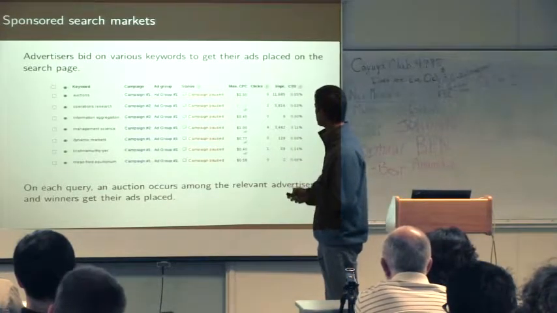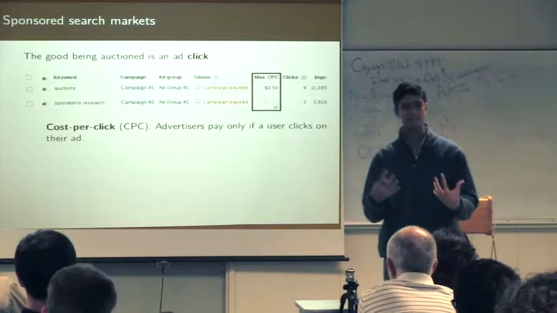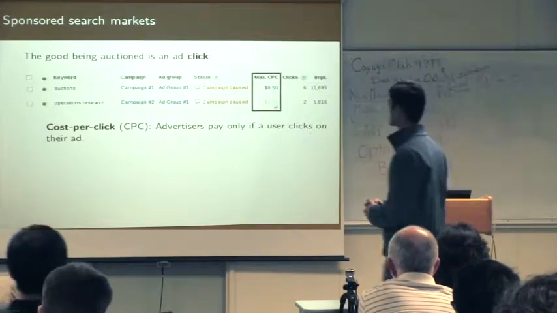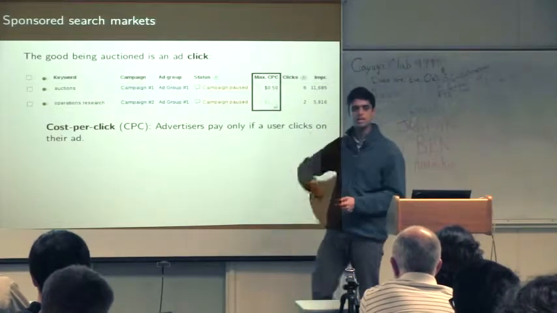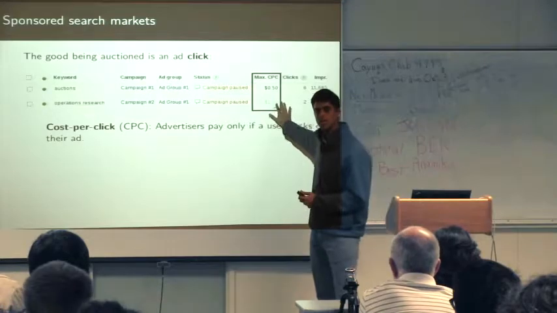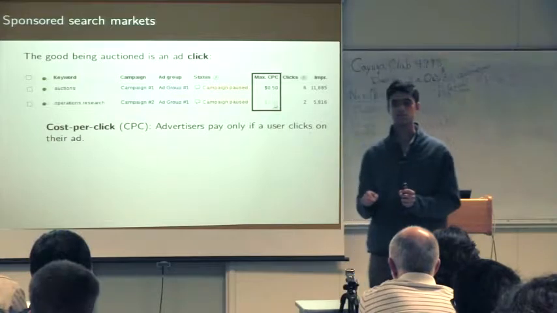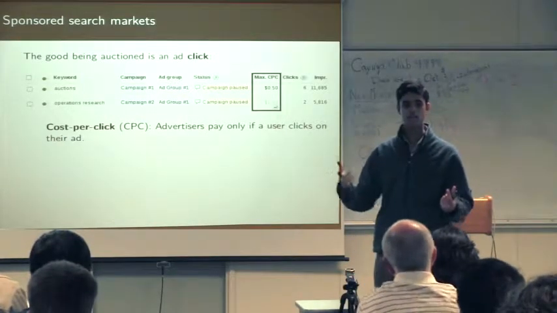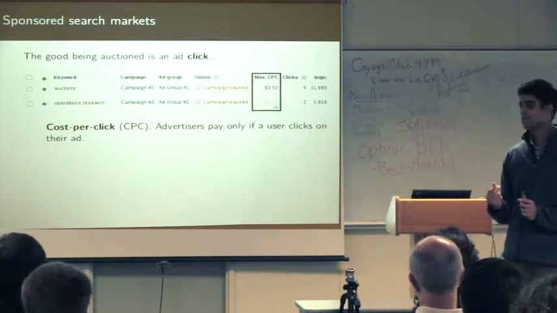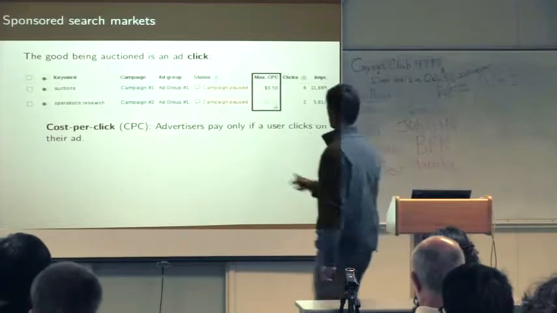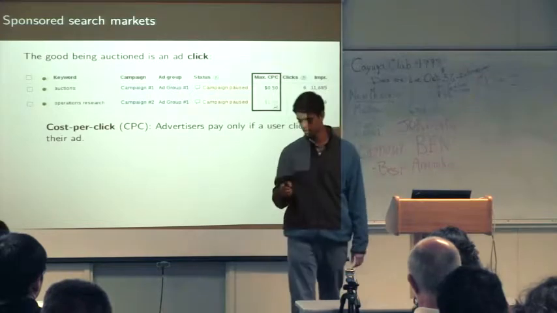To go into a bit more detail, the good that is being auctioned off is not an impression but an ad click. So in these markets, what you bid is known as a cost per click. You bid an amount, and you only pay if a user searches for that keyword and then ends up clicking on your particular ad. Even if your ad is shown and nobody clicks on it, you won't pay. So the good being auctioned off is an ad click. This is the most common form of auction, where you bid a cost per click and the highest bidder